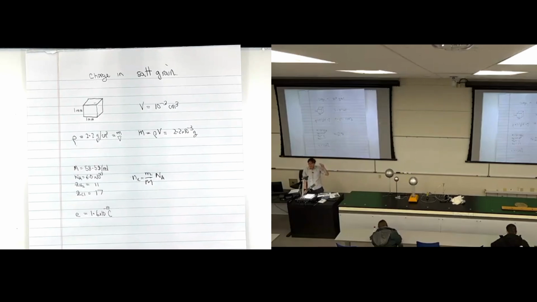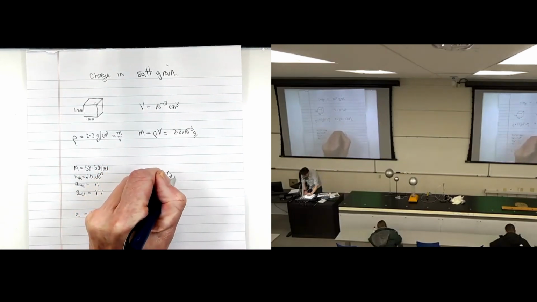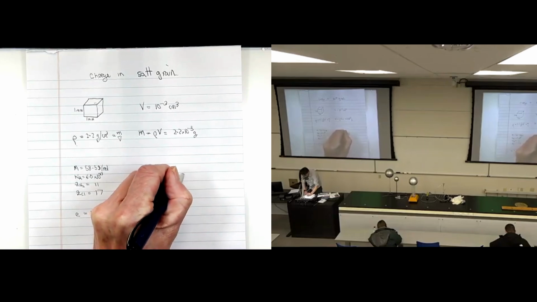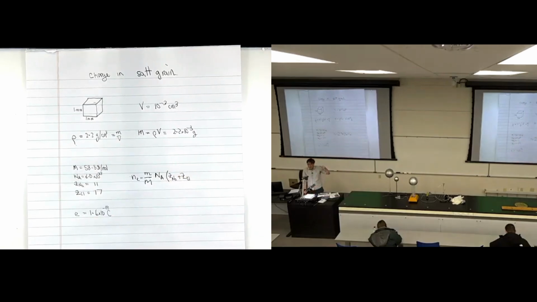Each sodium chloride molecule, how many electrons does that have? Well, sodium has 11, chlorine has 17. So if I multiply by the number of electrons in sodium, you won't be able to read this, but it says Z subscript Na for sodium and Z subscript Cl